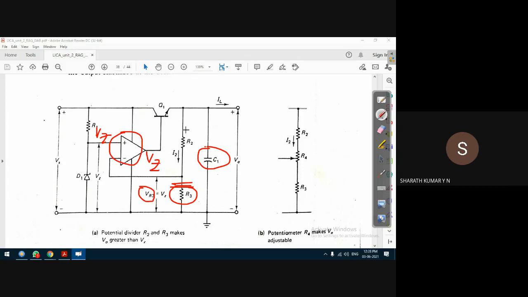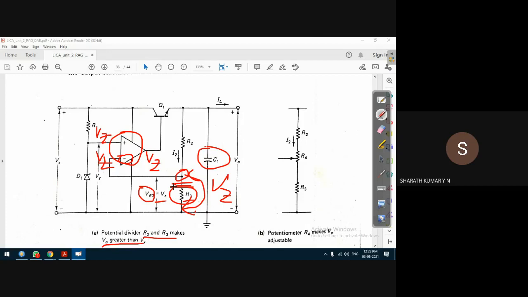Now this output voltage will appear across the output network, because the output is given as input to the inverting input terminal. That's also equal to VZ. So at the inverting input terminal the voltage is VZ, which means from this point to ground, the voltage is VZ. So the voltage across R3 is approximately equal to VZ because of the feedback, because of the voltage divider network. So in this case, the divider network R2 and R3 is used to